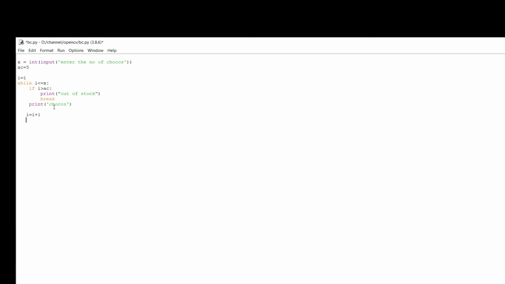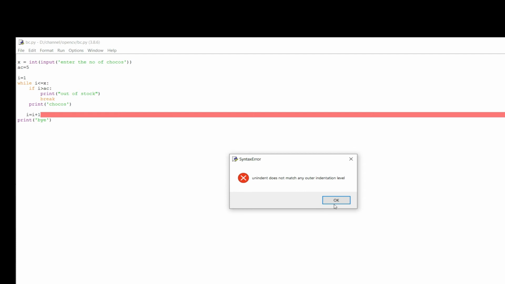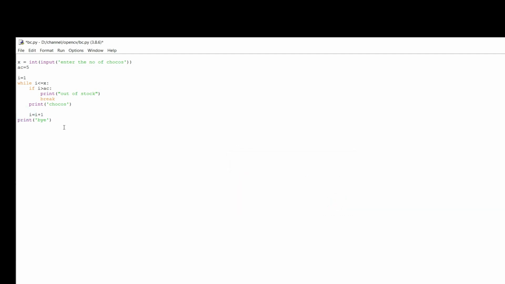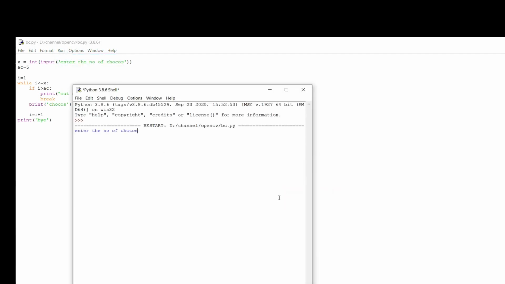So at the end, I want to print bye. When I run this code, I get an error: the indent does not match the indentation level. Sorry, it is not matched. I need to put it into the right level.